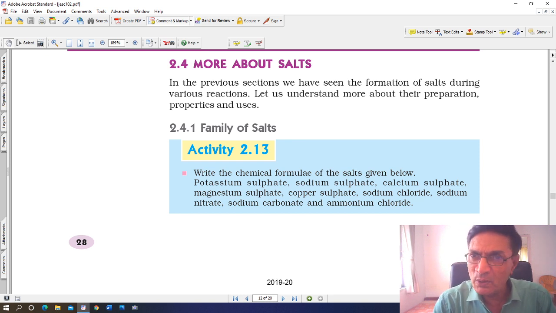Alright, now that was about acids and bases. Now let's go to salts. We all have heard about salts, and how salts are important, because the most common salt is the common salt, the cooking salt, which is called sodium chloride, NaCl. And we know how useful it is. Remember, sodium chloride is a combination of sodium and chlorine. It's an ionic compound made up of ions of sodium and ions of chlorine, positive and negative ions. Ionic compounds are different from covalent compounds, which you have learnt in previous lessons.